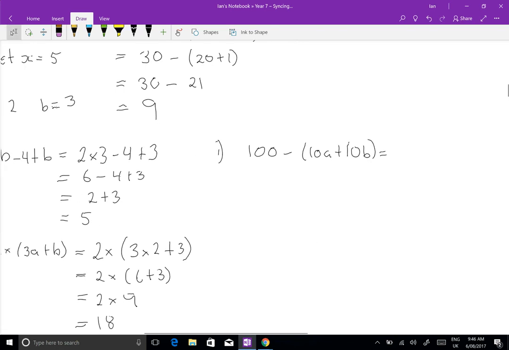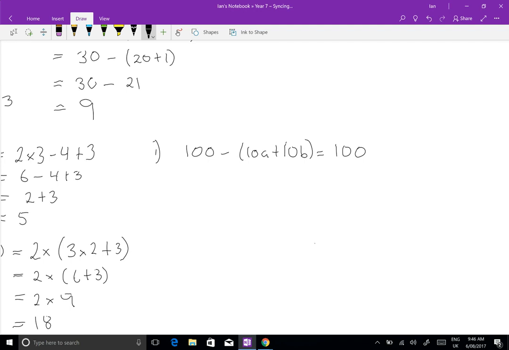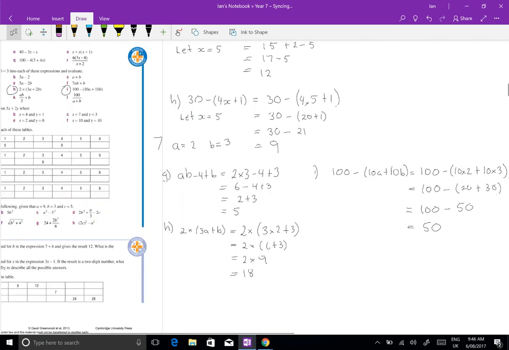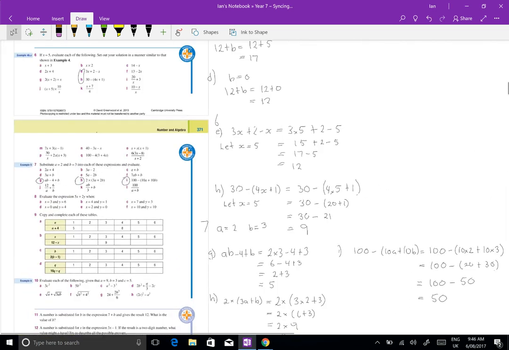So equals 100 minus 10 times 2 plus 10 times 3, which equals 100 minus 20 plus 30. Well, that's 100. Do the brackets now. 50. And 100 minus 50 is 50. All right. So that is substitution. I hope you're able